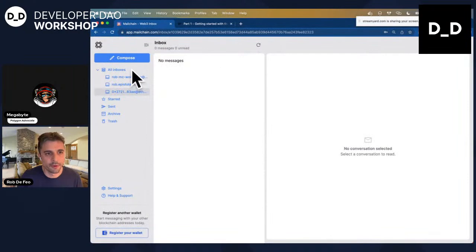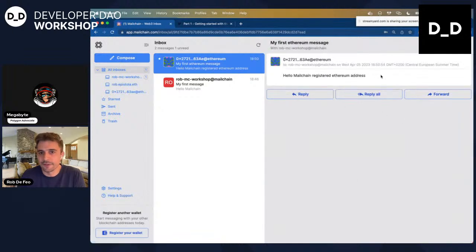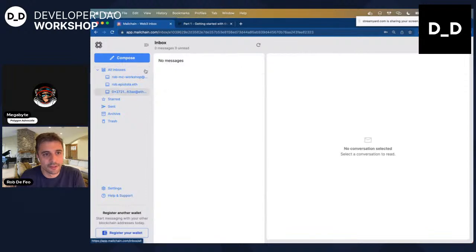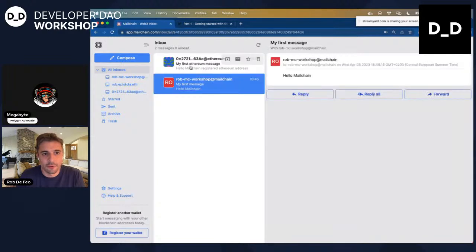So I'm going to pop over to my inbox. I'm just going to refresh it to catch it faster. And here we can now see the message sent to the first Ethereum address that I've registered. The way we've done this, you actually have multiple different inboxes, and you'll be able to see the different messages in these inboxes. They will get aligned to them. So now that we've got this in place,